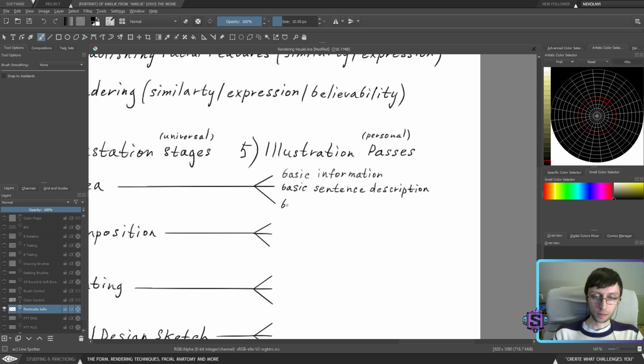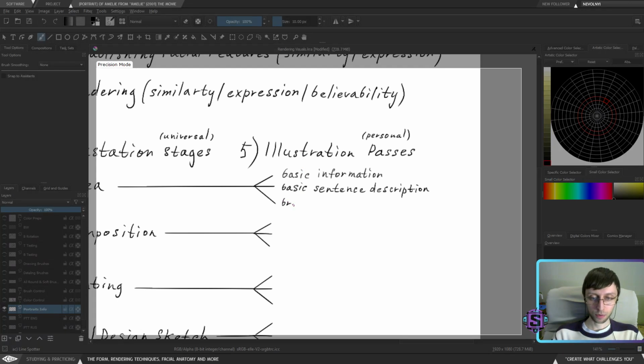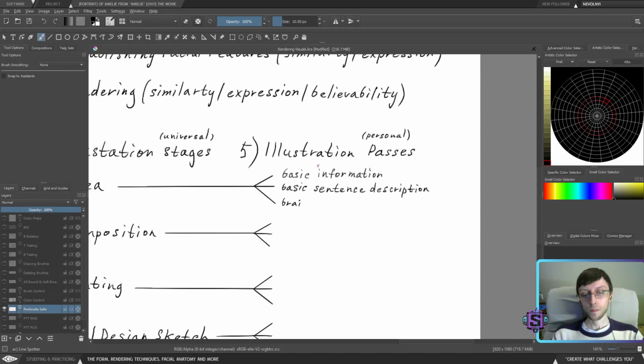Next one is brainstorming. I believe every illustration needs to go through the brainstorming stage. This brainstorming could be visual with sketches, or it could be descriptive. I usually work with the description. For me, words look a little bit better than visuals, and once I figure out the actual sentence and properly explain it, create a decent description, then I will be able to work with a better sketch. I don't know, it's all about layers.